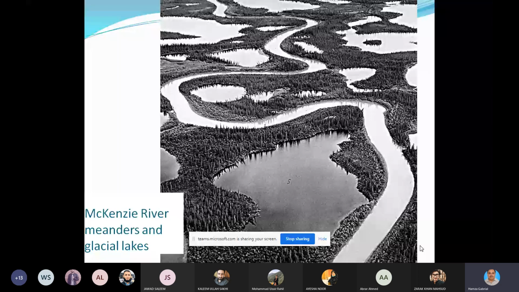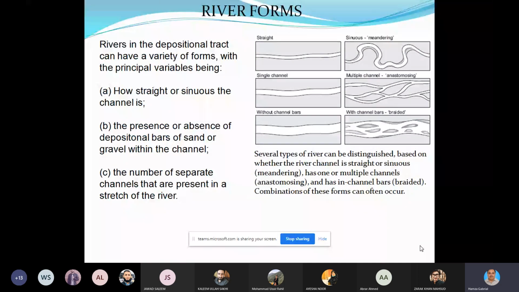So we have seen that the rivers in the depositional tract can have a variety of forms. So the principal variable which you will observe in the rivers while they are in the depositional tract is whether they are flowing in a straight manner or they are following a sinuous pattern, that is a meandering pattern. Then another principal variable which you will observe is whether they are forming a single channel or they are